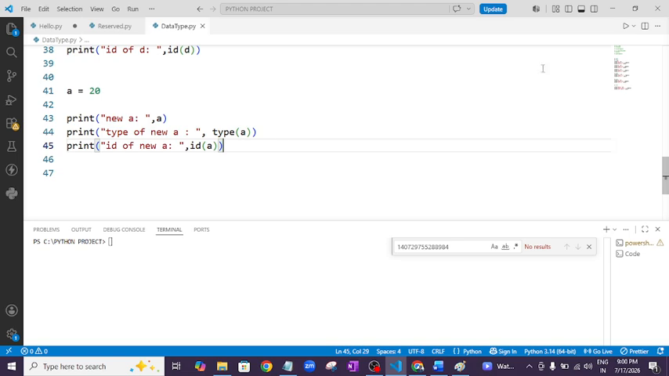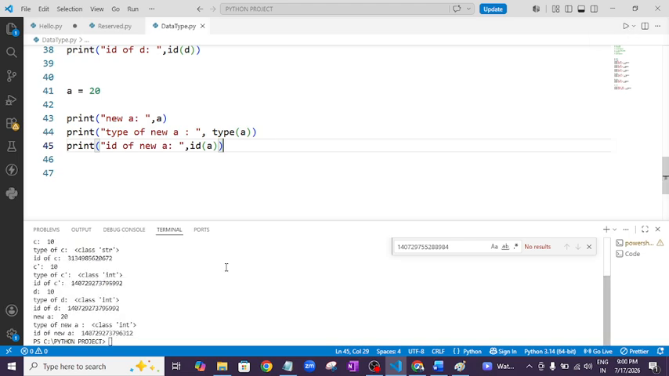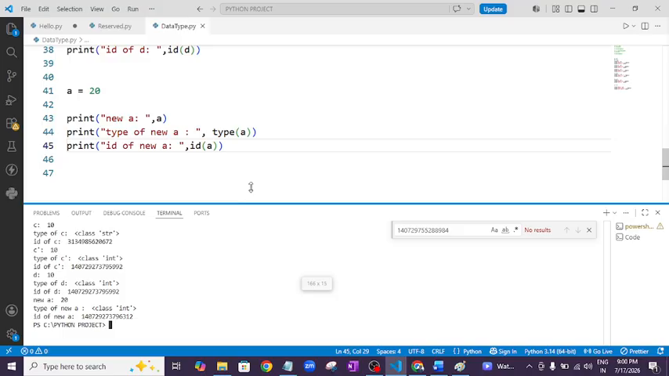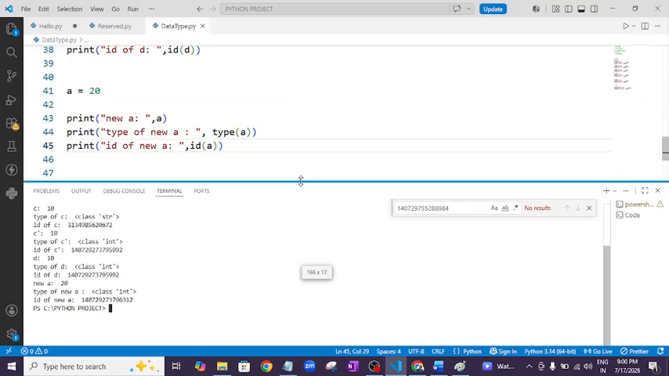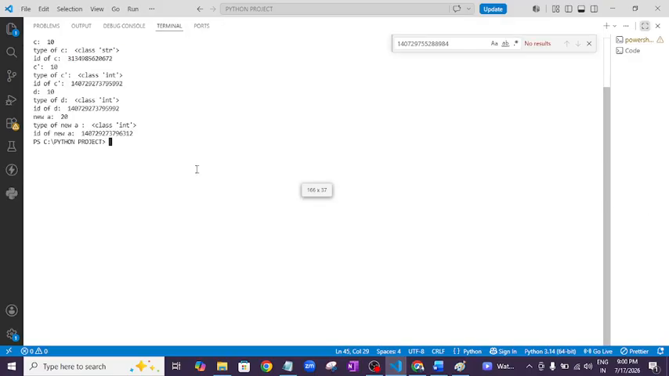Now I am going to run it. We are going to compare the value of A. A is 20, type integer. Okay, this is the value. Now we already have A. Let me do it like this. If you see,